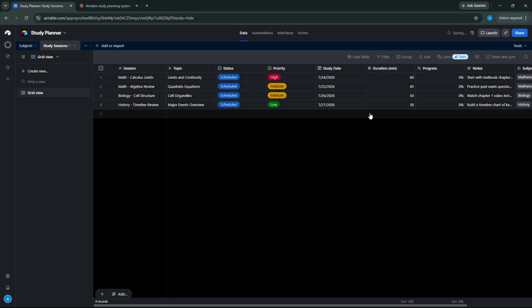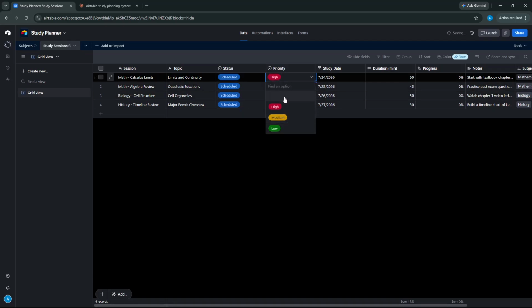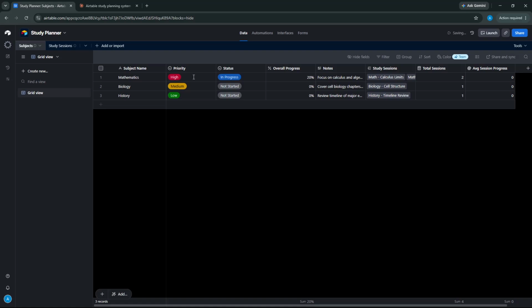After that, review the progress tracking fields. Confirm that the status and progress options are working as expected. These fields are important because they let you monitor what is planned, what is in progress, and what has already